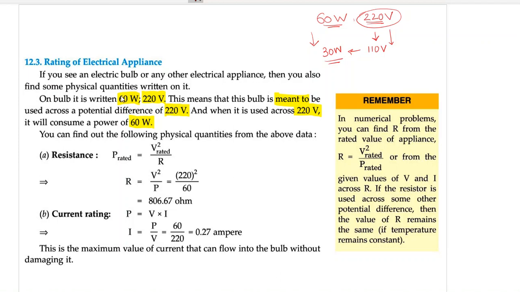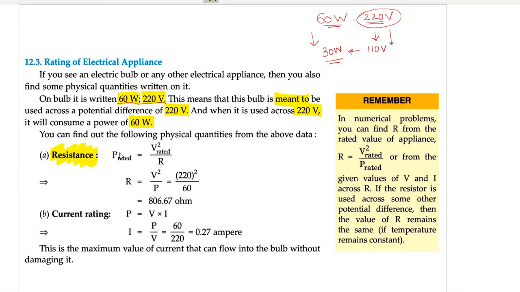Okay? So this voltage rating which is written on a bulb is very significant. It is very important. They have not just printed anything. It has its own meaning. 220 volt, 60 watt. At 220 volt, the bulb will consume 60 watt, 60 joules of energy per second. From these two pieces of information which are given to you, 60 watt, 220 volt, you can find other values also. If you know physics, if you are a physics student, and you are a physics student, you should be proud of it, you can find the resistance of the bulb when it is fully used, in full use.